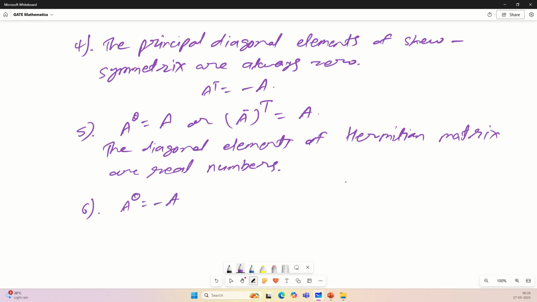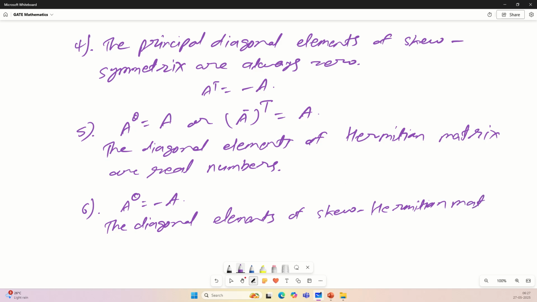So you already know what is skew Hermitian: A theta must be equal to minus A. Got it? So in that case the diagonal elements of a skew Hermitian matrix are purely imaginary or 0. Got it? Next property is